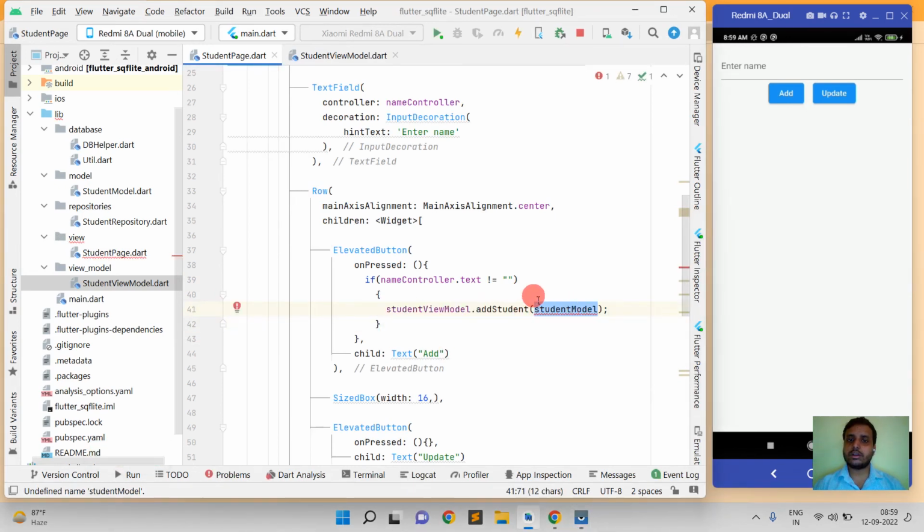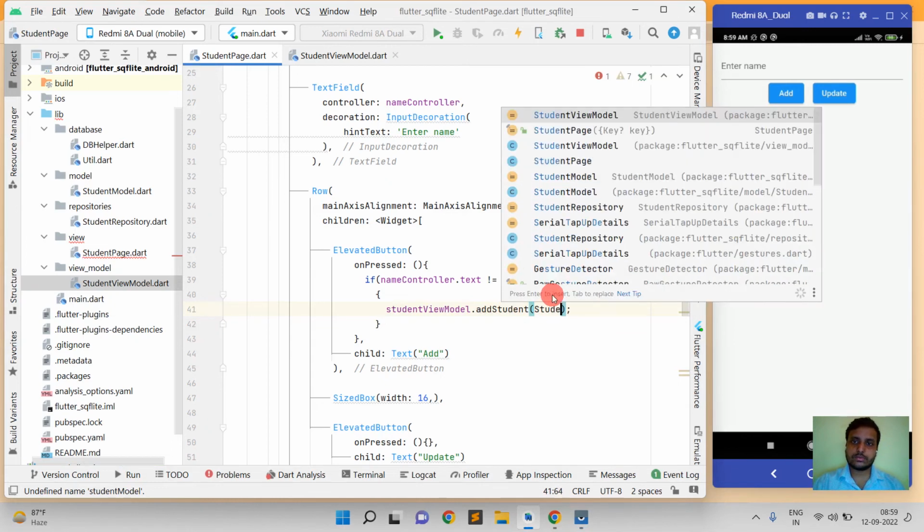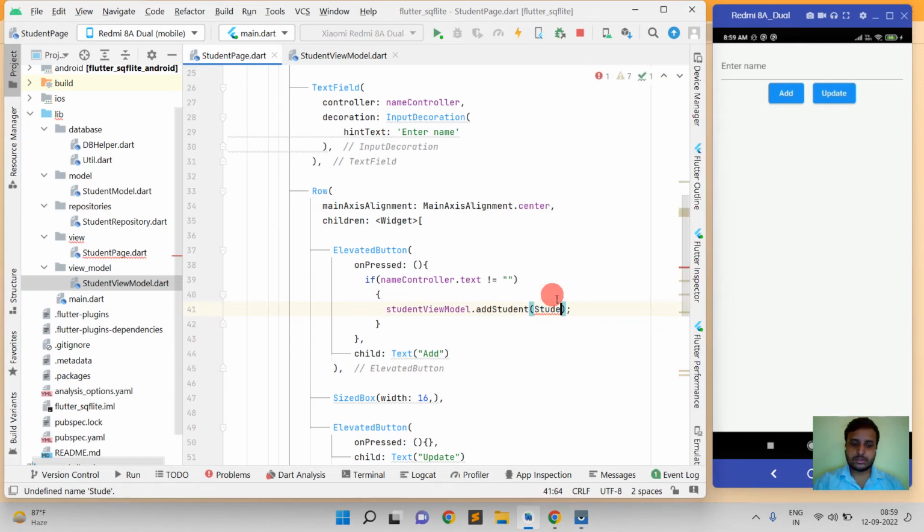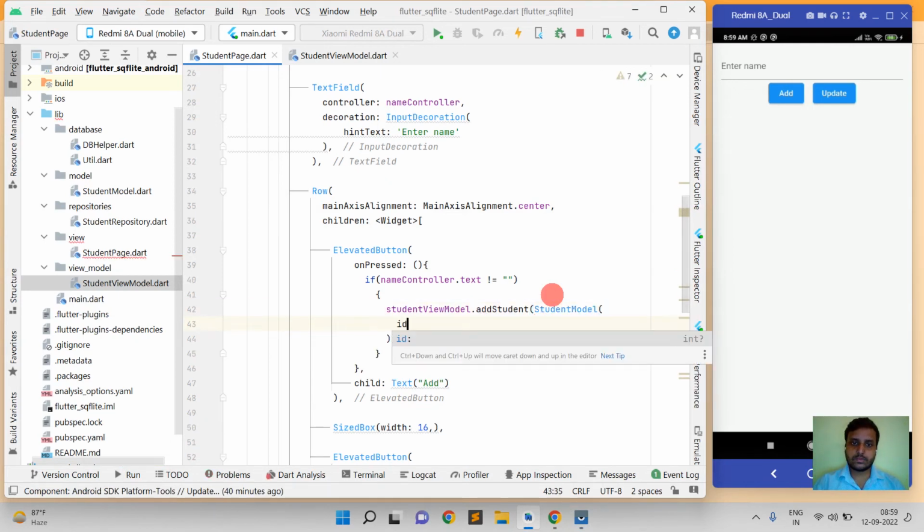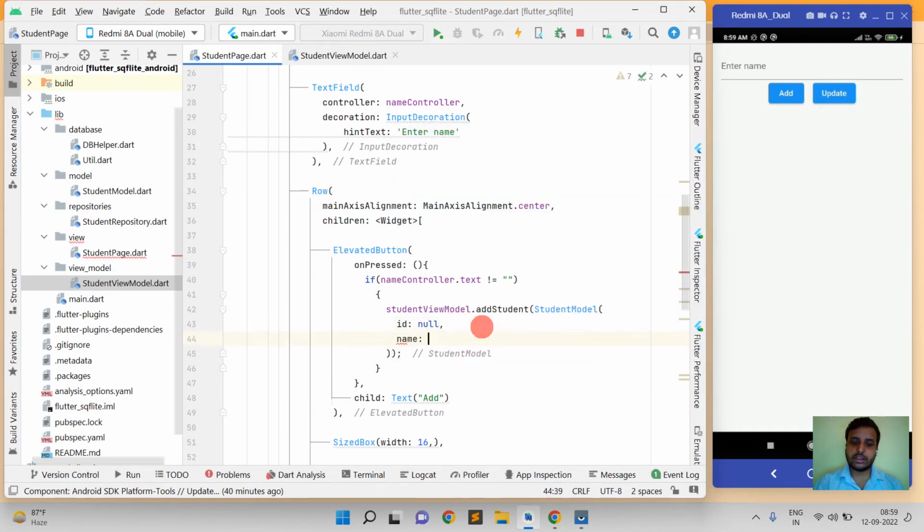And here we will pass the parameters. So student model. Inside id we will pass null value, and inside name we will pass name controller dot text, which is coming from this text field. Okay,